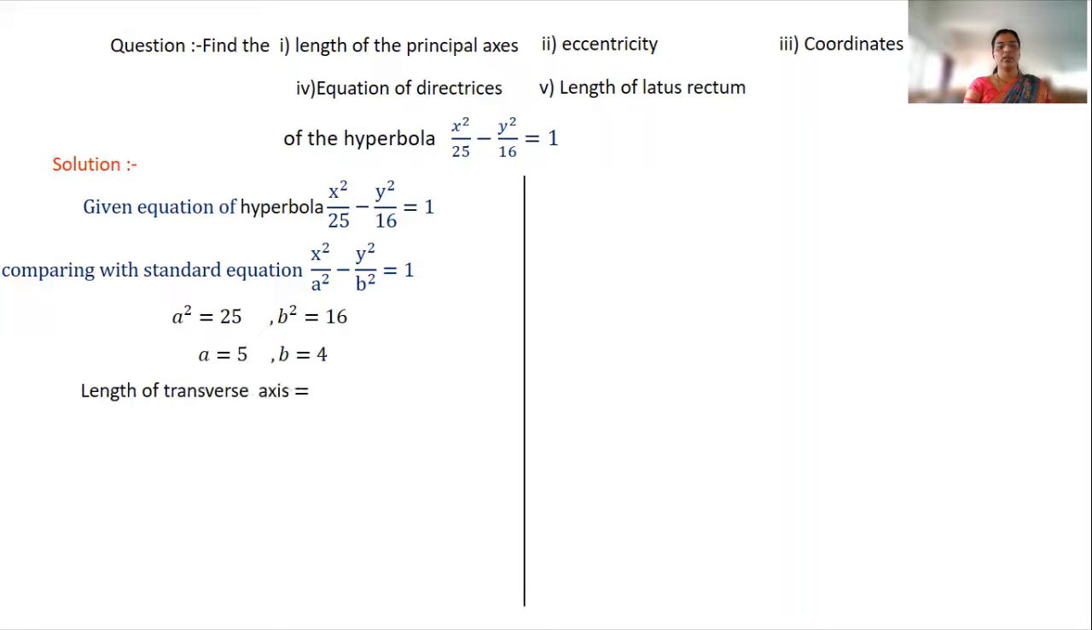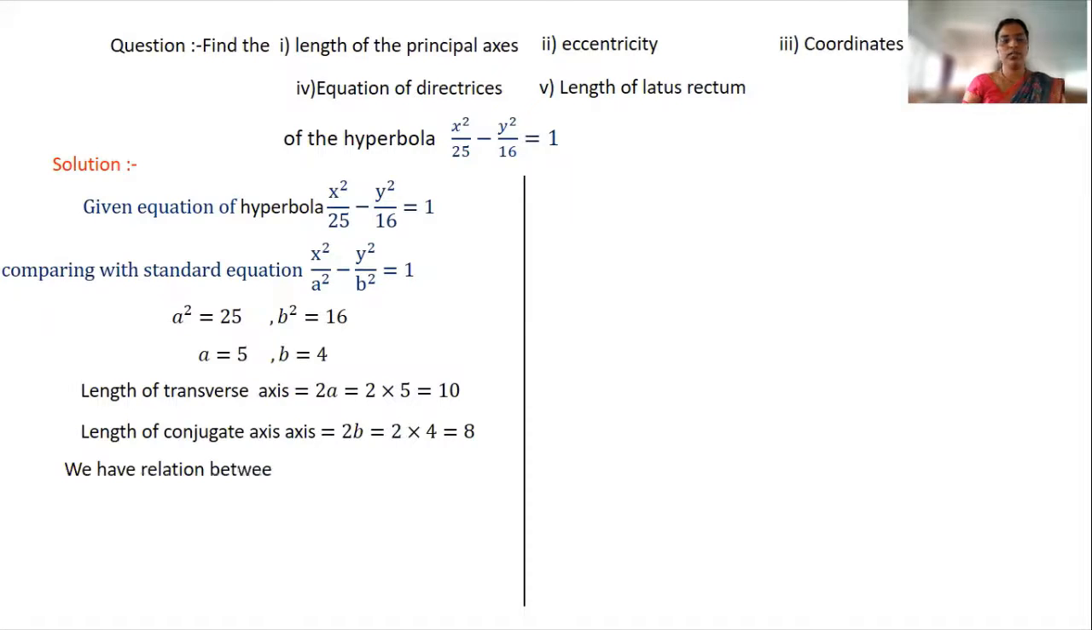Therefore, a is 5 and b is 4. Therefore, the length of the transverse axis is 2a, that is 10, and the length of the conjugate axis is 2b, that is 8. Therefore, we have the relation between a, b, and e: b square is a square into e square minus 1. Therefore, we get